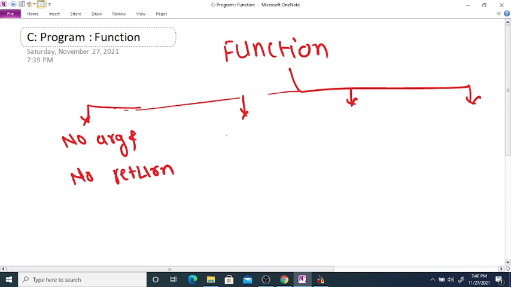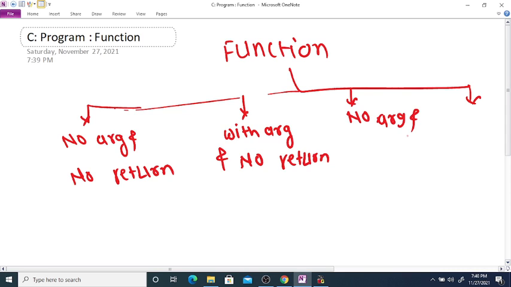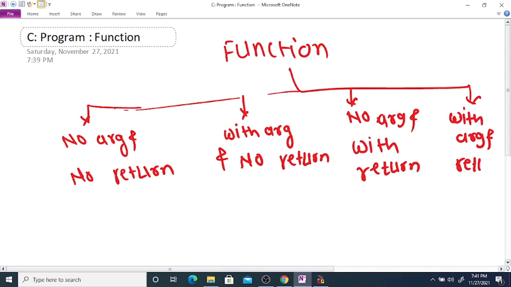Then with argument and no return value, no argument with return value, and with argument and with return values.